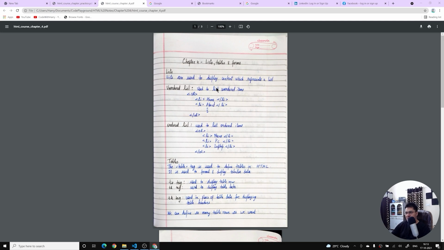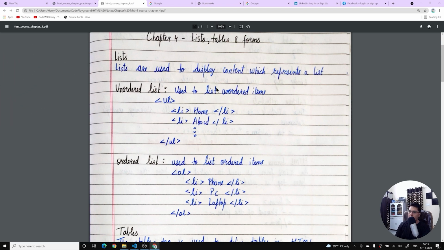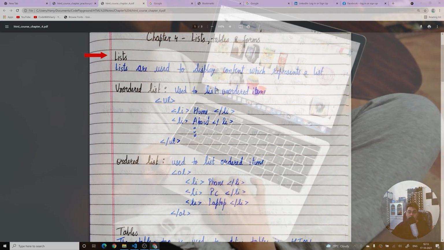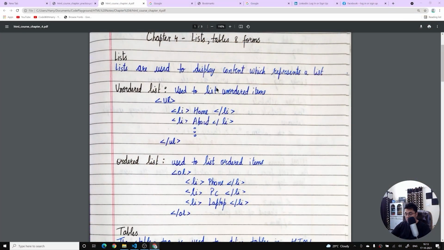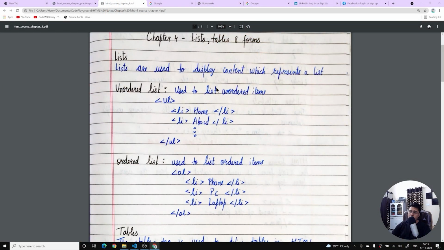So this PDF is about lists, tables and forms. This chapter is going to teach you about how list works, how tables work and how forms work. So let's start with list. Lists are used to display content which represents a list. For example, list of all the items that you're going to buy from the grocery tomorrow, list of all the shoes that you want to buy, list of all the